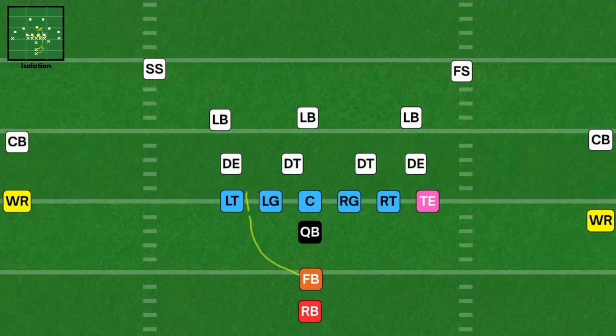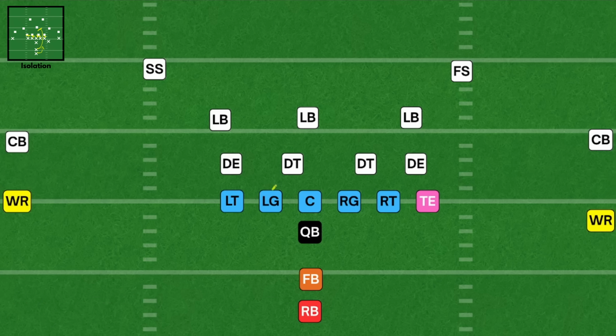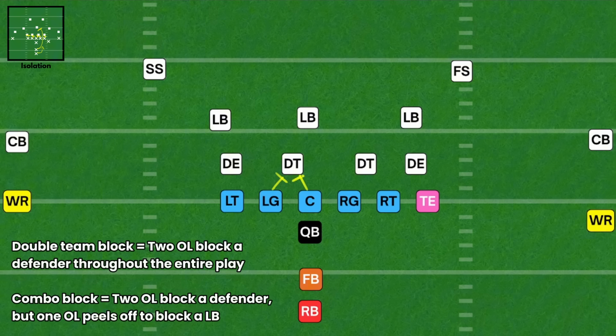This time they're usually aiming for the B gap or C gap. Another difference is the use of a blocking technique called combo blocks instead of double team blocks. Both offensive linemen will block the same defender after the ball is snapped, but after one of them has the block under control, the other one peels off, moves to the second level, and blocks a linebacker. These blocks take longer to develop, which is why the play is designed for the B or C gaps instead